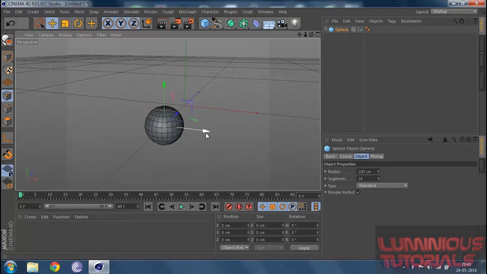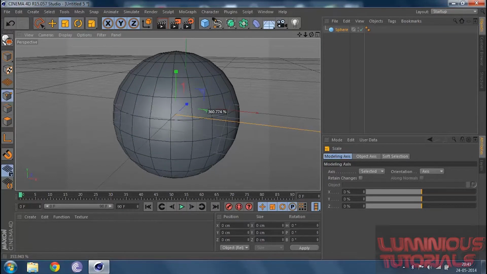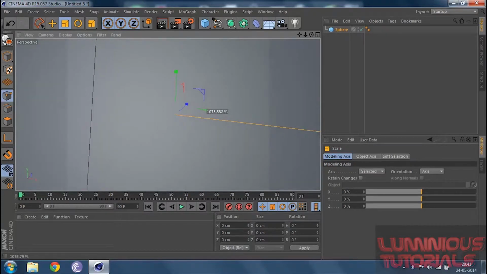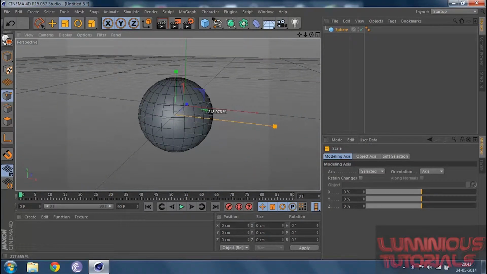Another tool that we have for the coordinates is the scale tool. When you use the scale tool, the good part is that it always scales in proper ratio. So you see I can enlarge my cube to whatever size I want, getting it back to the normal size. We've got something called a rotation tool.